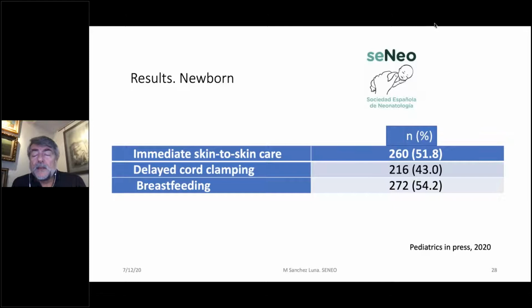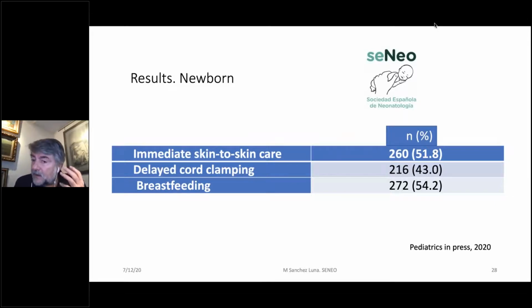We were able to apply our recommendation in the country. Most of the babies were given immediate skin-to-skin care after delivery, 52% of the babies, and we were able to do delayed cord clamping in a very high number of babies, 43%, exclusive breastfeeding from the beginning, 54%,